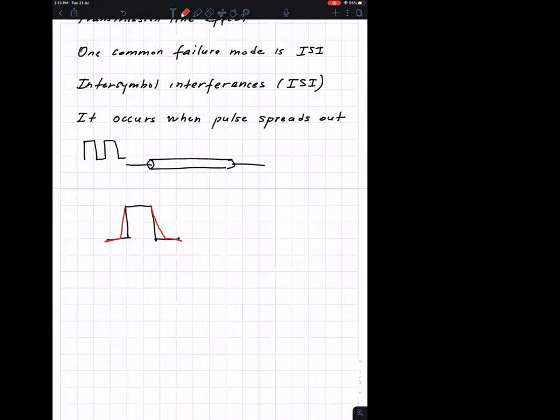Ideally the signal cannot jump like this. It will take some time to rise, and then it will take some time to fall. It's very small, maybe in nanoseconds. So that's what I mean by pulse here when I draw a pulse that doesn't look ideal. When I send a pulse on this side, when it comes out on the other side, it looks like this, it's spread out.